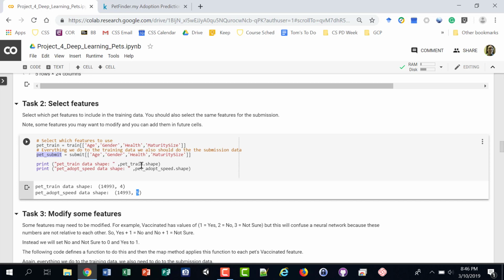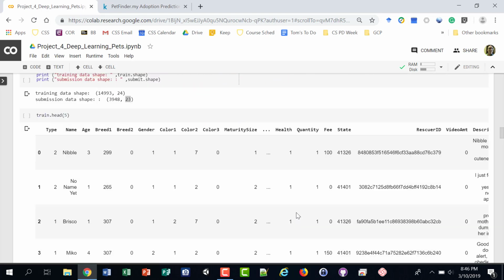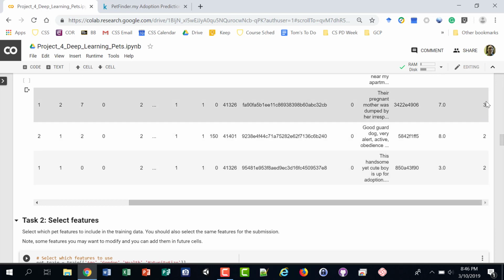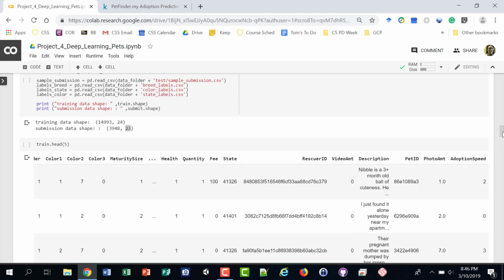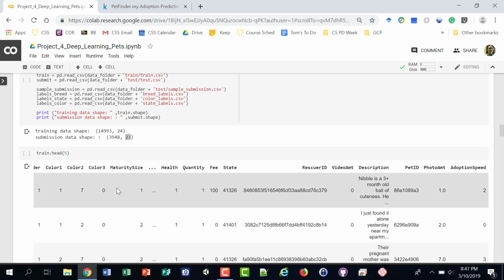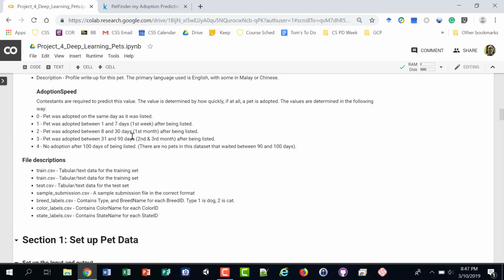One thing we are going to do is categorize this input here. If we look up at this adoption speed, it's hard for neural networks to predict a number like 1, 2, 3, 4, 5. It's easy if we switch that to one hot encoding. So we'll have one output node that will represent the 0, or the same day,